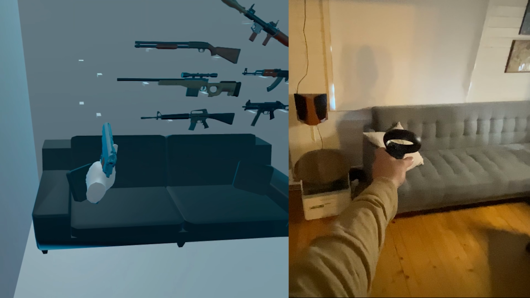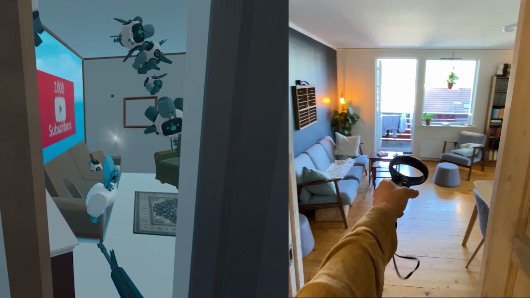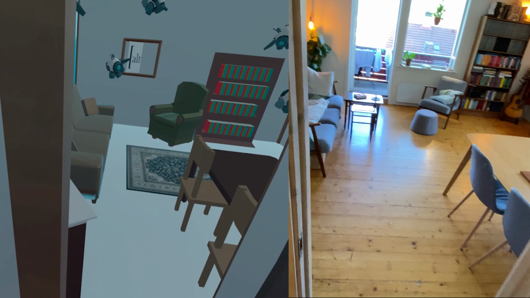So we are releasing this tutorial because a lot of people wanted to be able to do this themselves. And we are super excited to see what you guys will create by this, because this is only the template, right? We used this to create a memory palace, but you may want to turn your apartment into a first-person shooter game or a puzzle game, or just have 20 different TVs around in your virtual apartment or whatever. So we are making this as